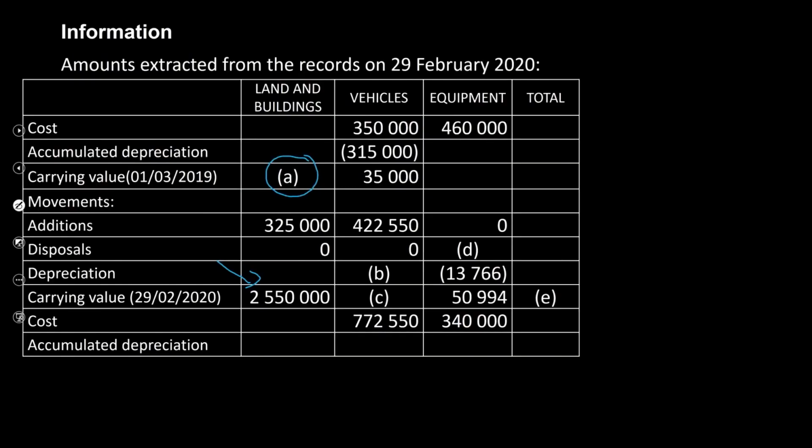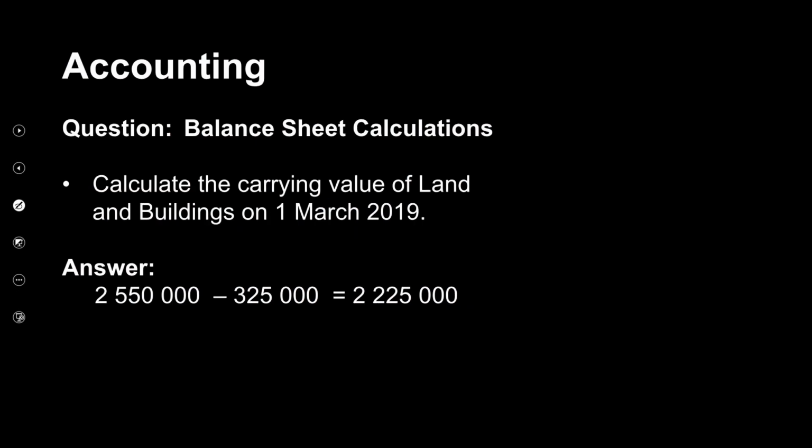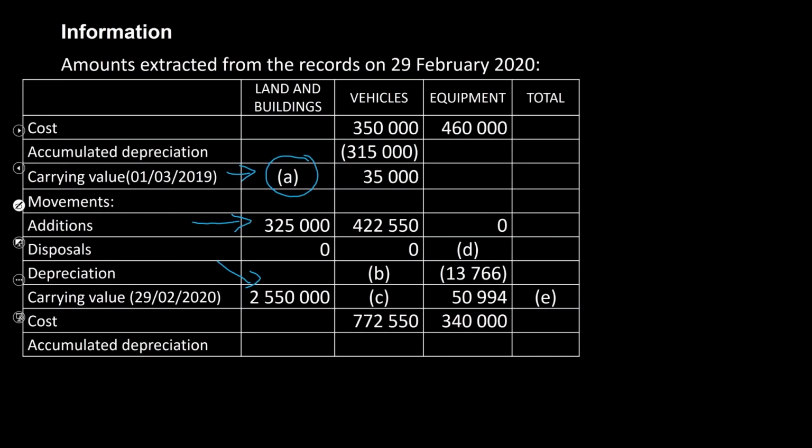During the year, I purchased additional land and buildings to the value of 325,000 Rand. The question requires you to calculate the value of your land and buildings when? At the beginning of the financial year. Okay, so here goes. You start off with your 2,550,000, which is your closing balance, right? This one here,